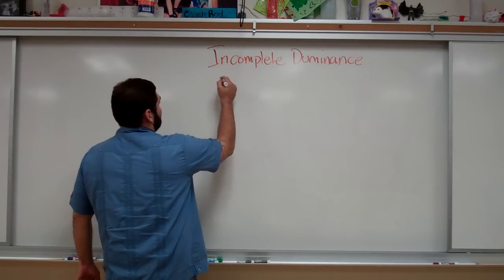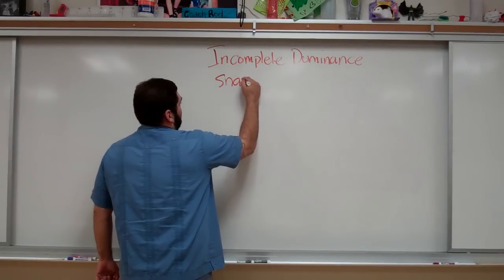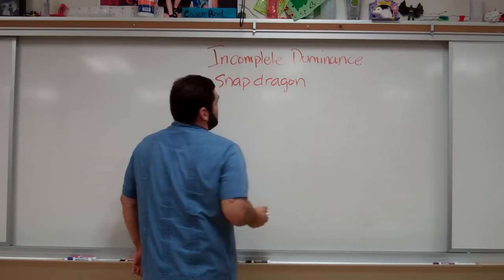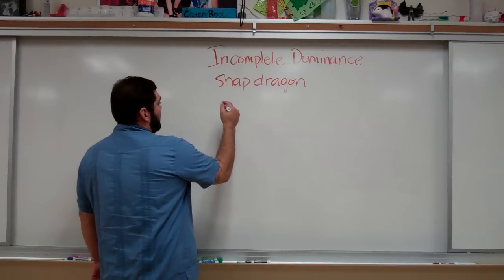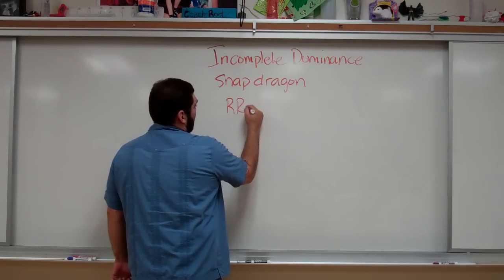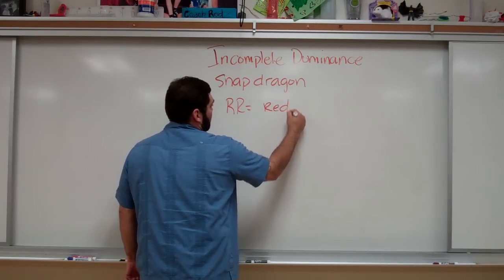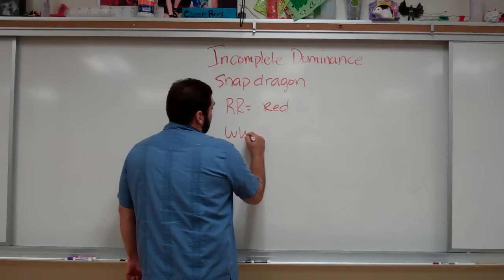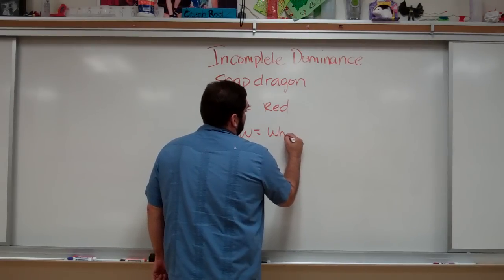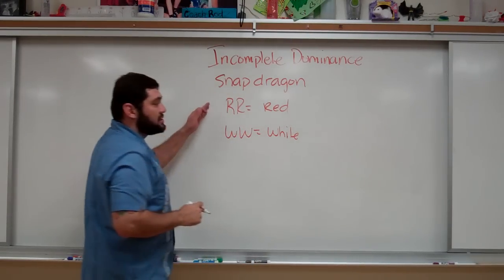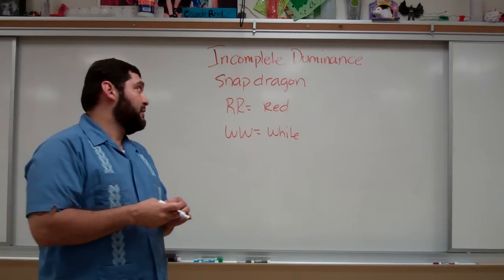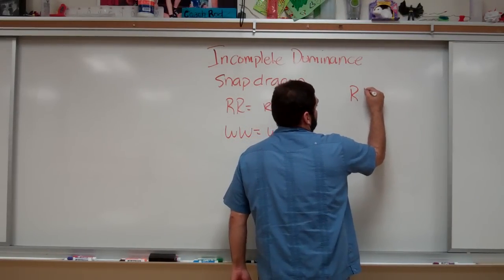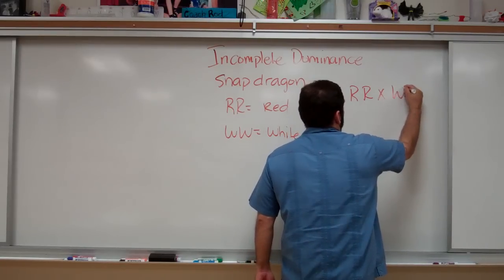So we're going to use the famous example of the snapdragon. That's just a typical plant. So in snapdragons, you have homozygous red, color dominant, and you have a homozygous white, dominant color. So these two colors are dominant in the snapdragon family. When you cross them, I should say, not mix them,